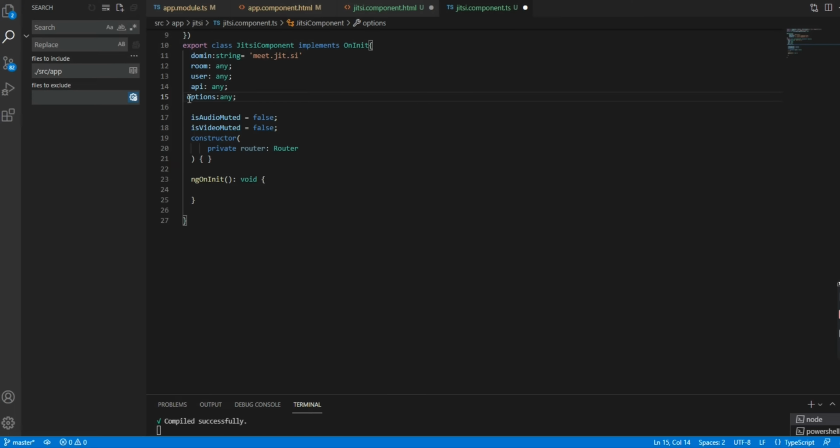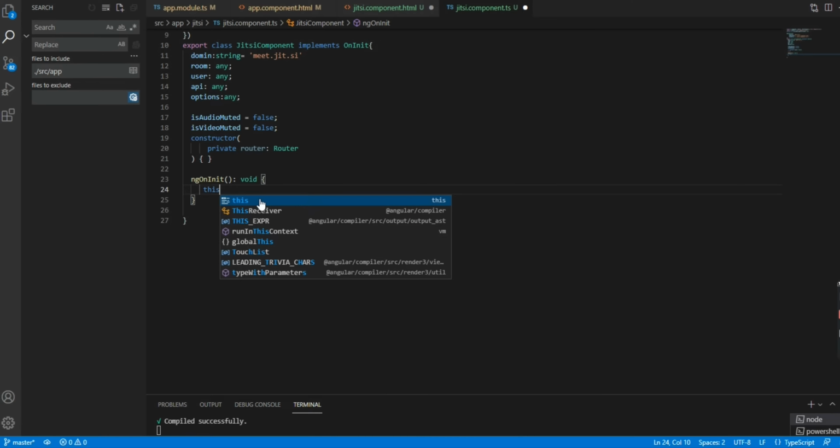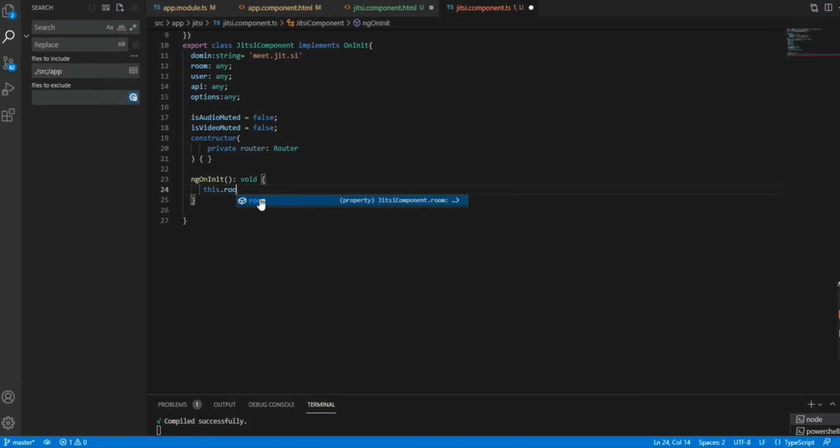Okay, next room, user, API, options of any. I will let you know why we are using options in upcoming code.